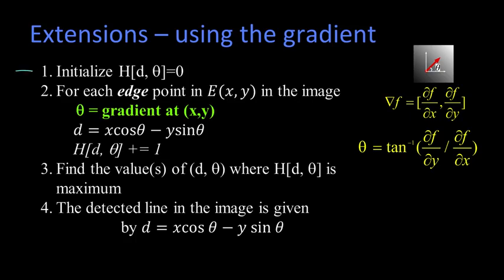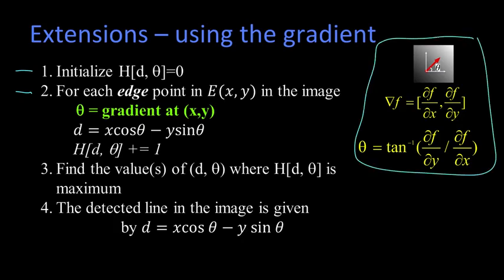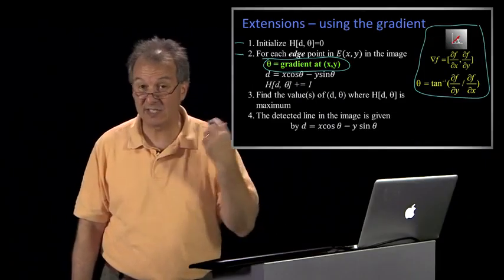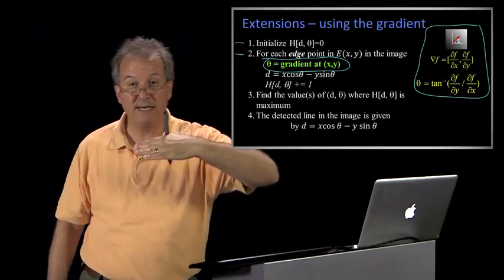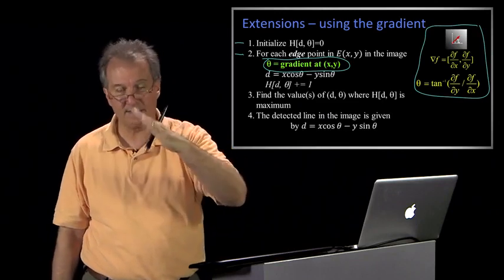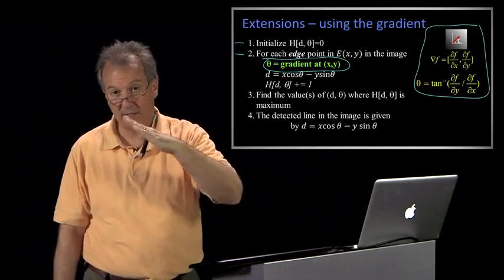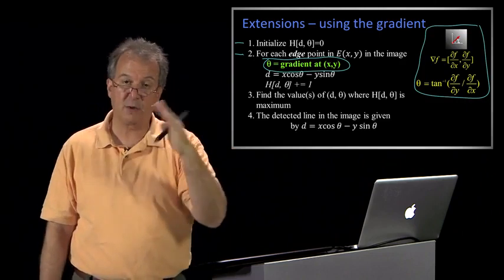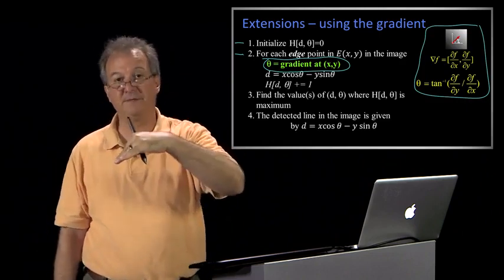We initialize our accumulator array, we iterate over each point, but now instead of iterating over all possible orientations, we actually take the gradient at that point and we take theta from that gradient. Now, you could take a single theta, or you might even take a range of thetas where you say, well, I know that it's approximately 45 degrees plus or minus 10, so I'll vote from 35 to 55, but I don't